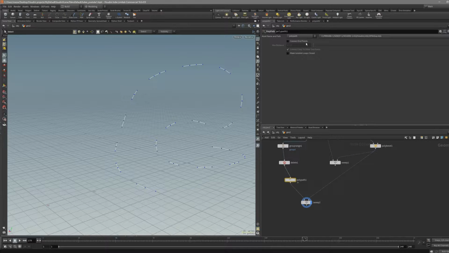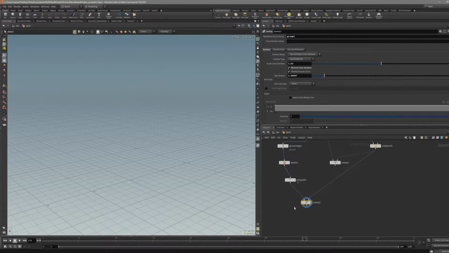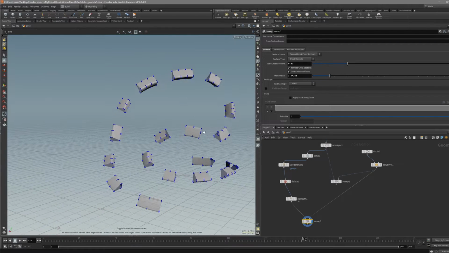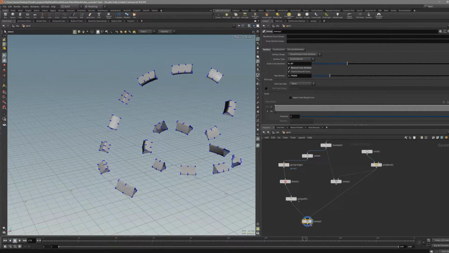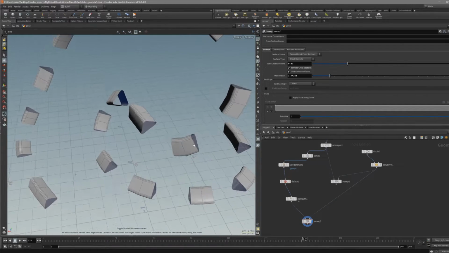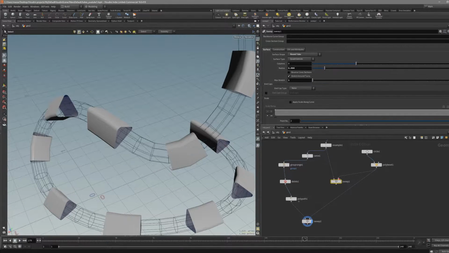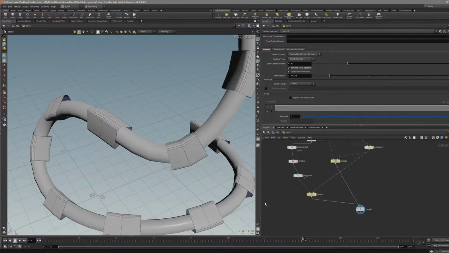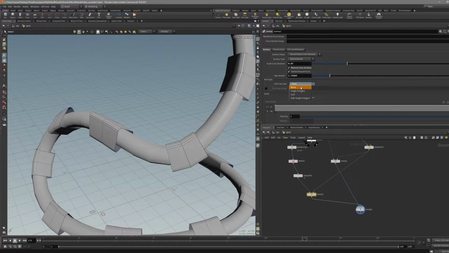In the Polypath, just connect the endpoints, and now you can see... Oh, I forgot, we have to clean out the group. So right now you can see what's good about this method, that we actually have the shape following the curvature of this. So if I just take these and merge them together, in the sweep we can just